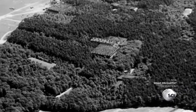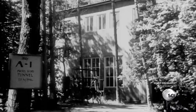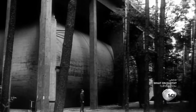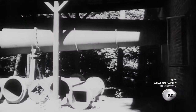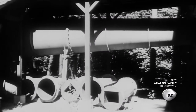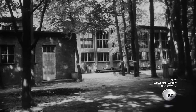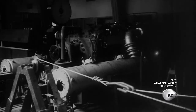No one in the U.S. Army Air Forces had ever heard of this institution, although it had been up and running for 10 years. It was known as Wolkenrode, and it was German aviation's prized research center. They met up with a custodian who was told by Hitler to blow up this whole area right away. And he had worked with the people developing it, and he just thought it was too nice, so he didn't blow it up. He took these guys down into the vault where all the data